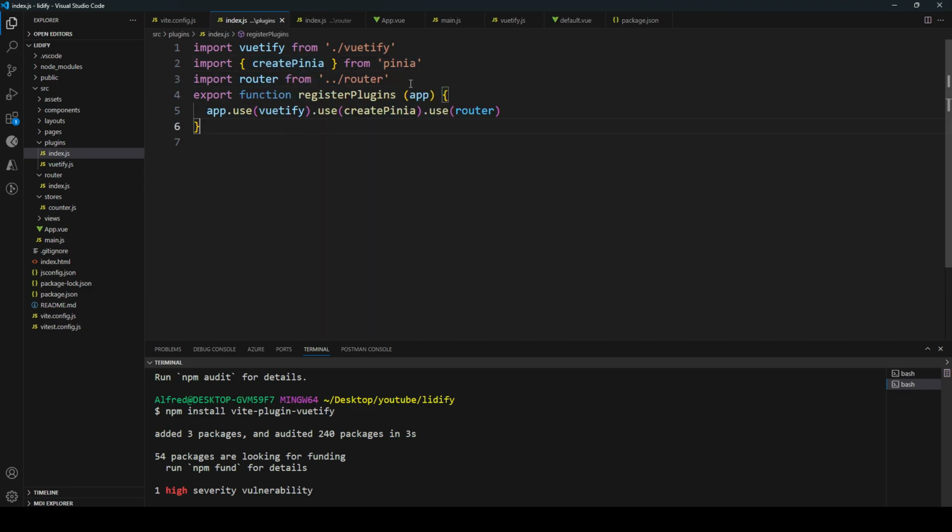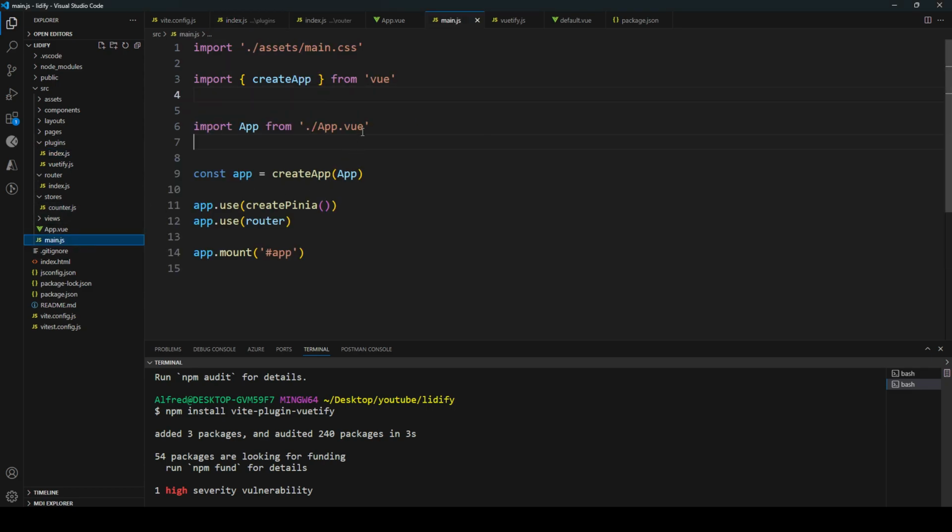All right, and that's how we can just use this function here. Now we're going to use this function inside our main.js file to register the plugins that we have already. So let's just go ahead into our main